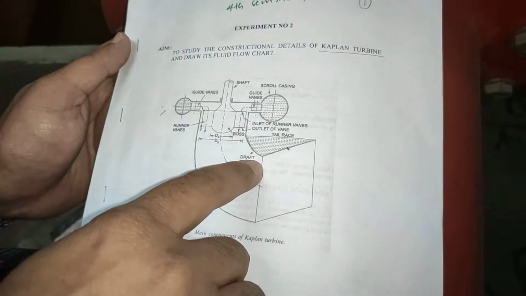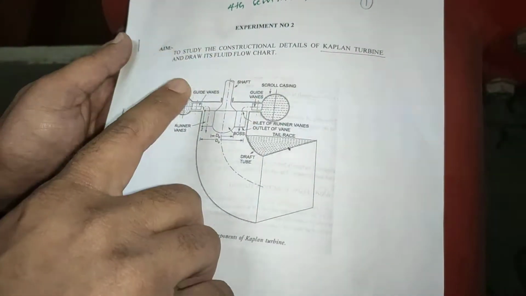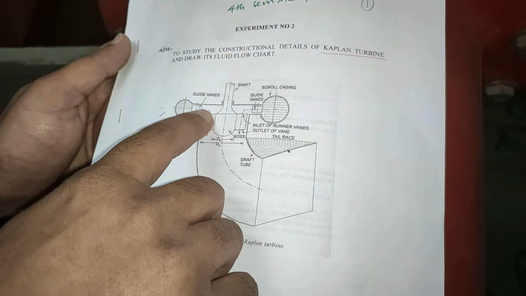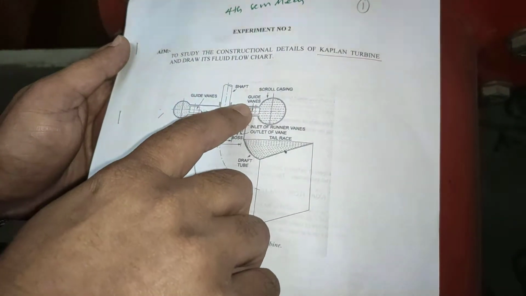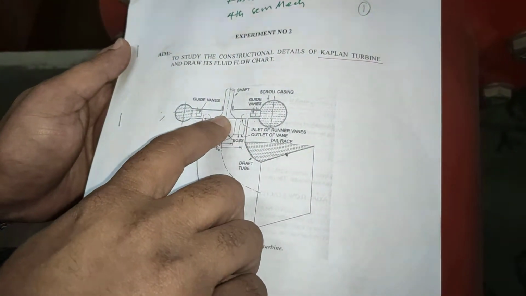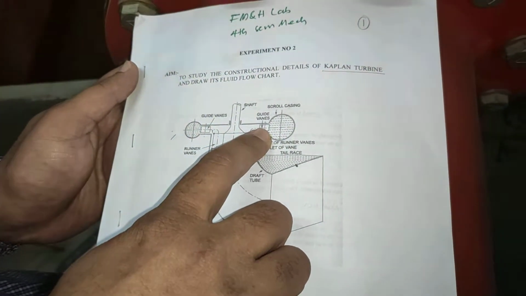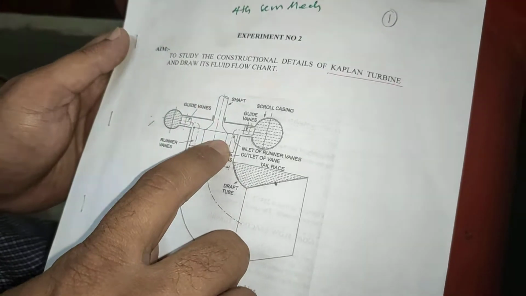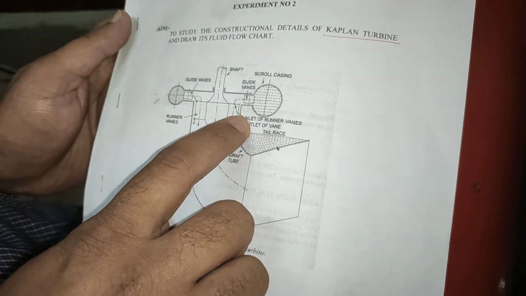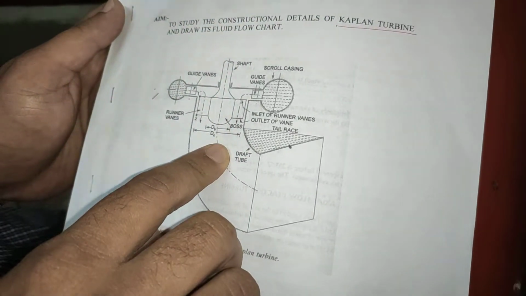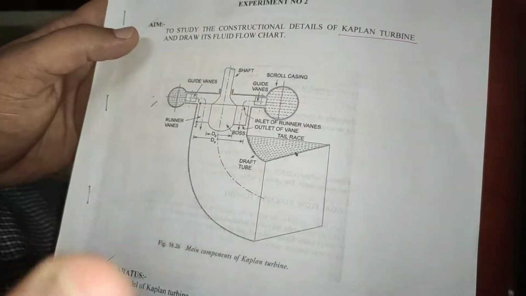In a reaction turbine, as we already discussed, there is pressure energy and kinetic energy. Both are used here. When water goes through this, first there is kinetic energy, then the pressure energy increases through the guide mechanism. So the main function of the guide vanes is to use the pressure energy and kinetic energy. Both energies are used here. That's why it is a reaction turbine, and the flow is axial type, so it is called an axial flow type turbine.